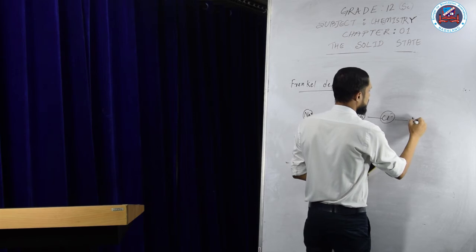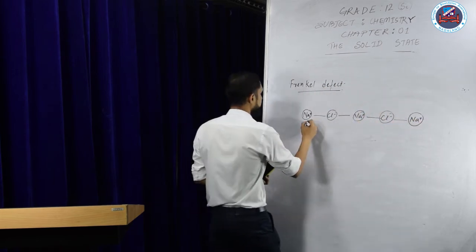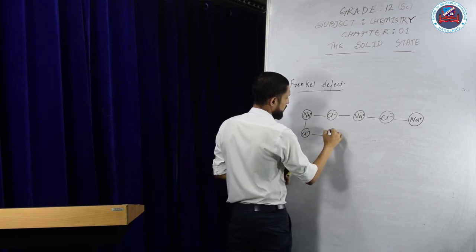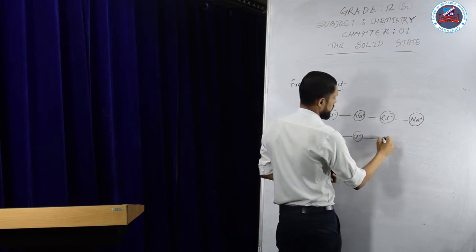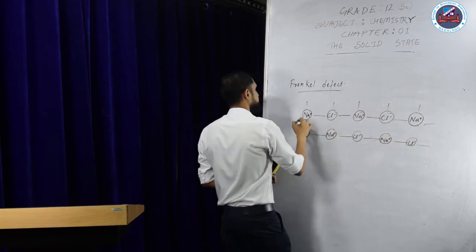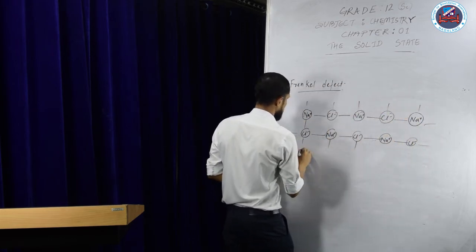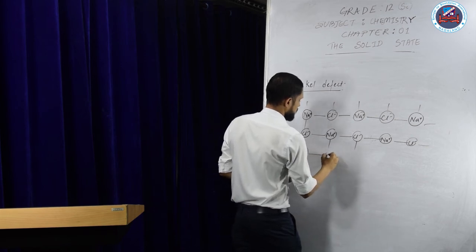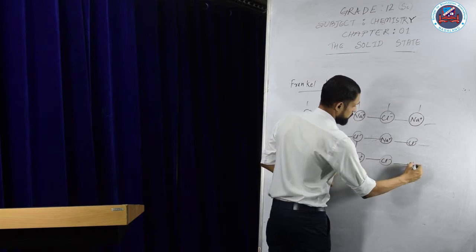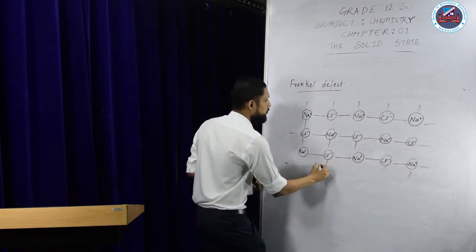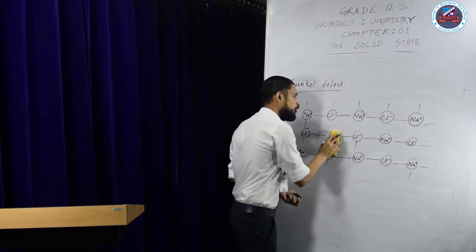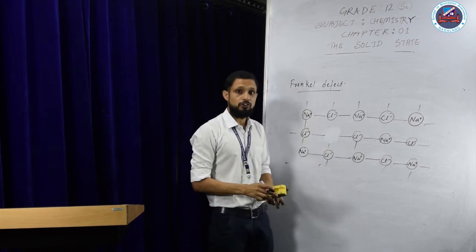So Na positive, Cl negative, Na positive. Now say this is a crystal. Now in case of Frenkel defect, an ion, say positive ion, is missing from its position, but it's not missing